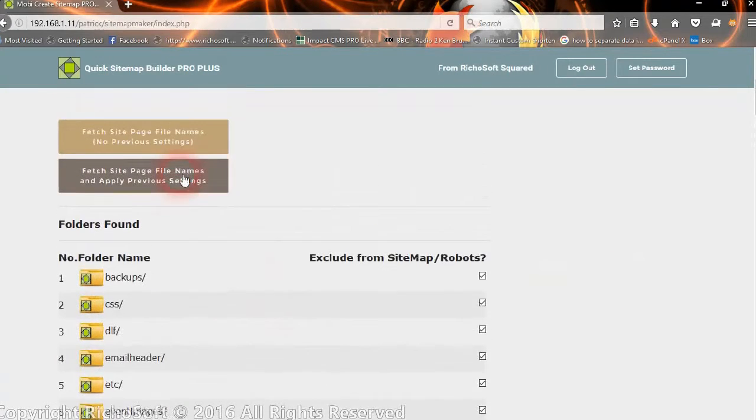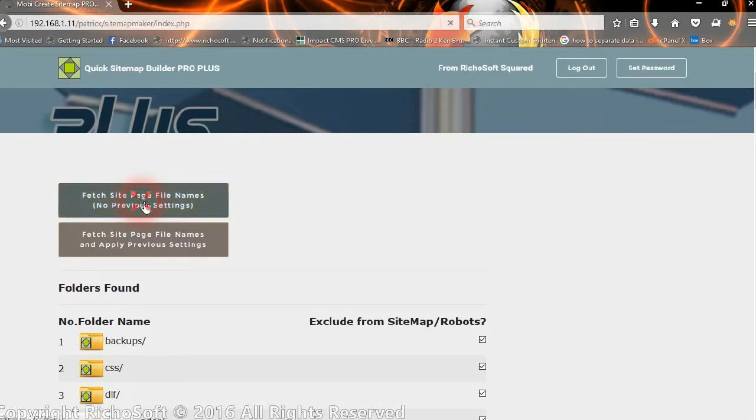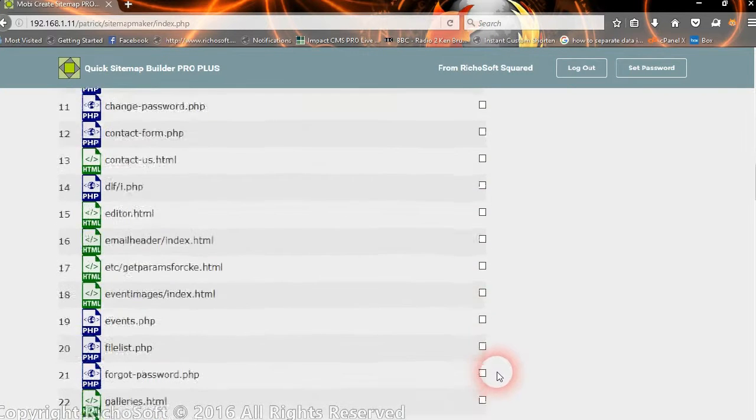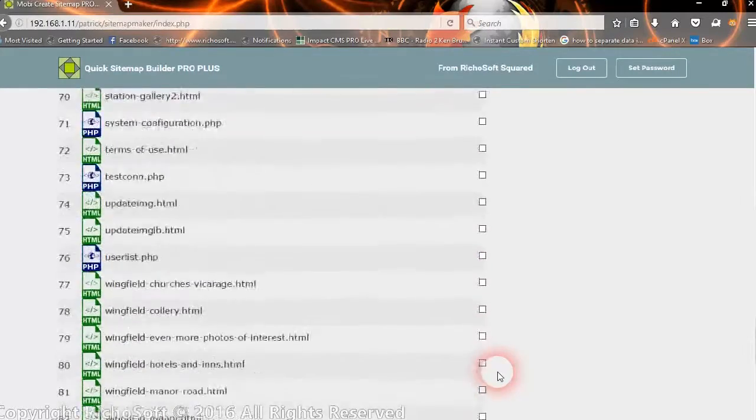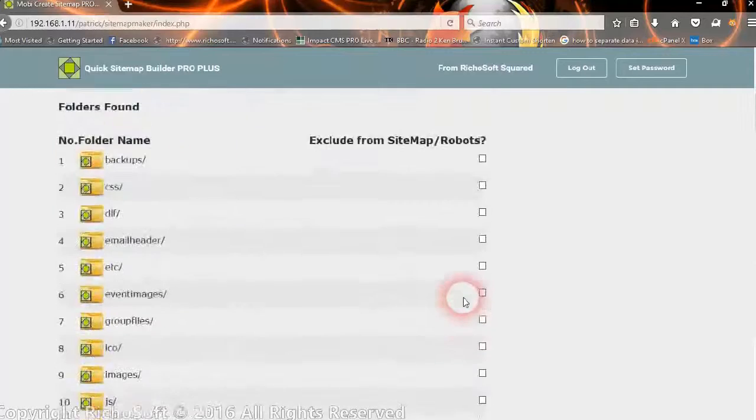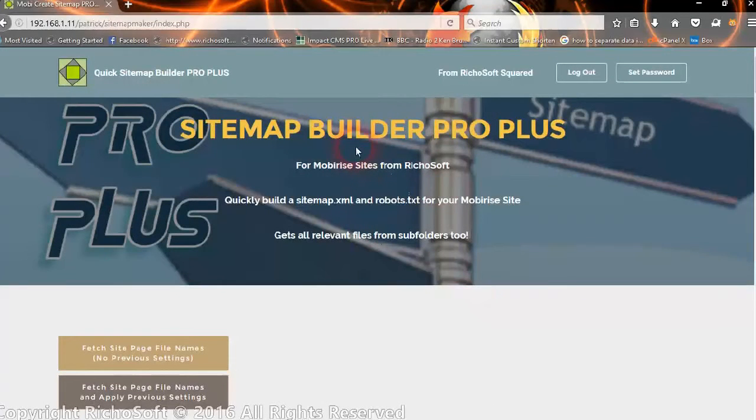Now if we also go back and fetch without the previous settings, you will see it just scans every file in the folder, and we can start from scratch. And that's it. So that's how easy it is to create a sitemap and a robots.txt with the Quick Sitemap Builder